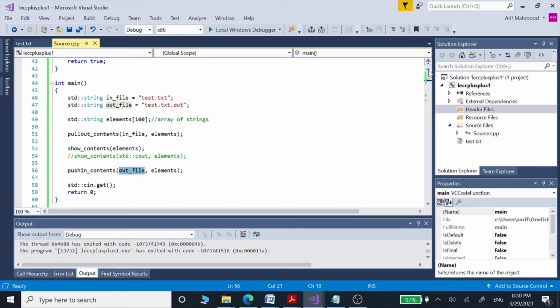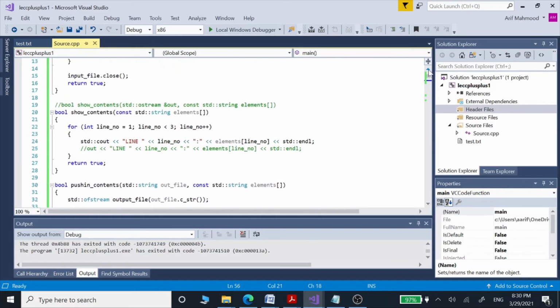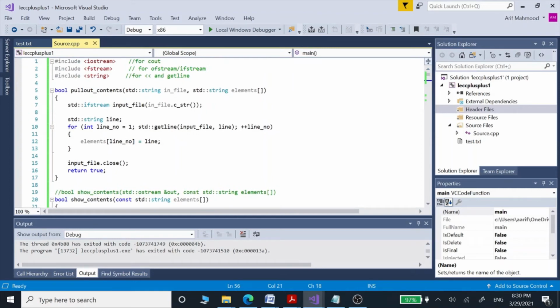Now we can see how we have defined our three functions outside our main program, and this is our first function. And pull out contents is a bool type function, and it has first parameter string input file, and this is a second parameter the element array, which is of type string.